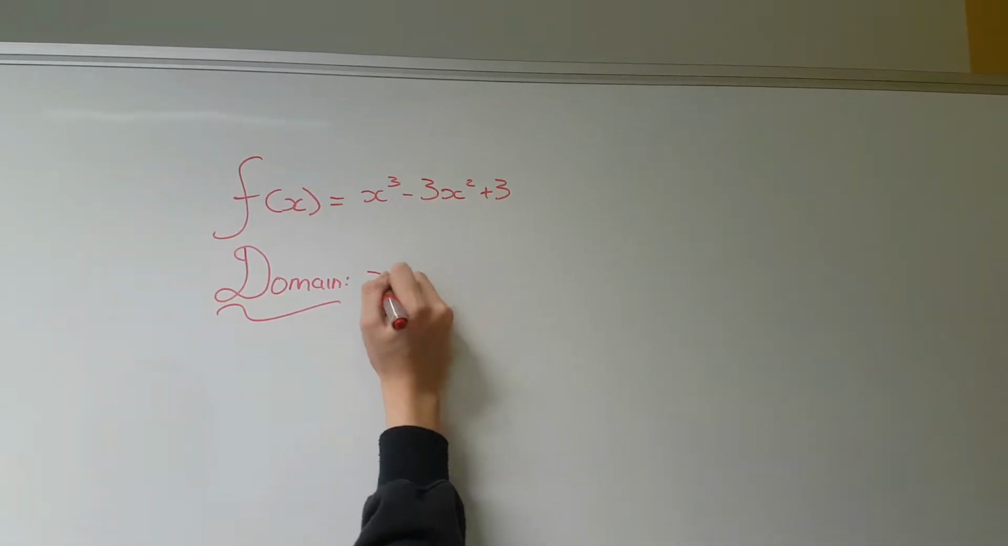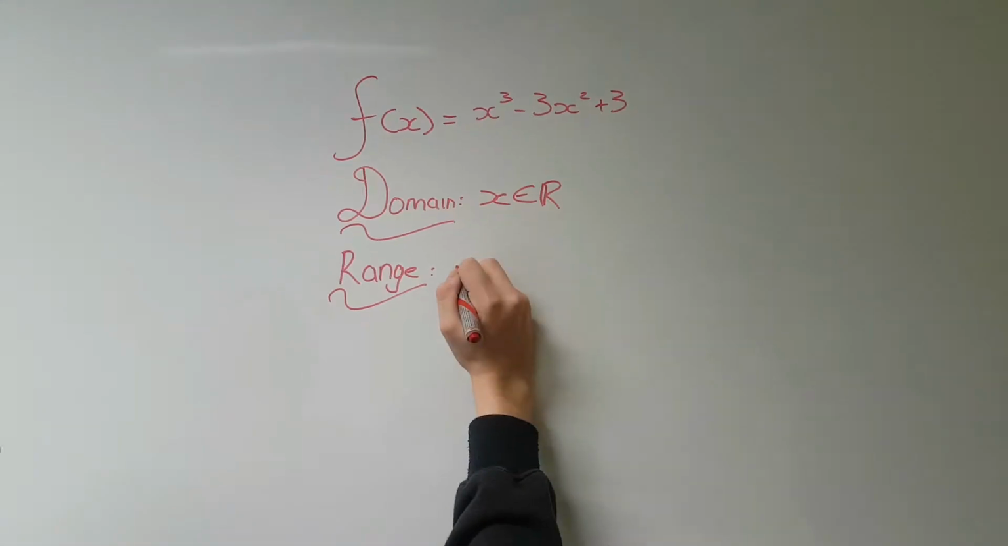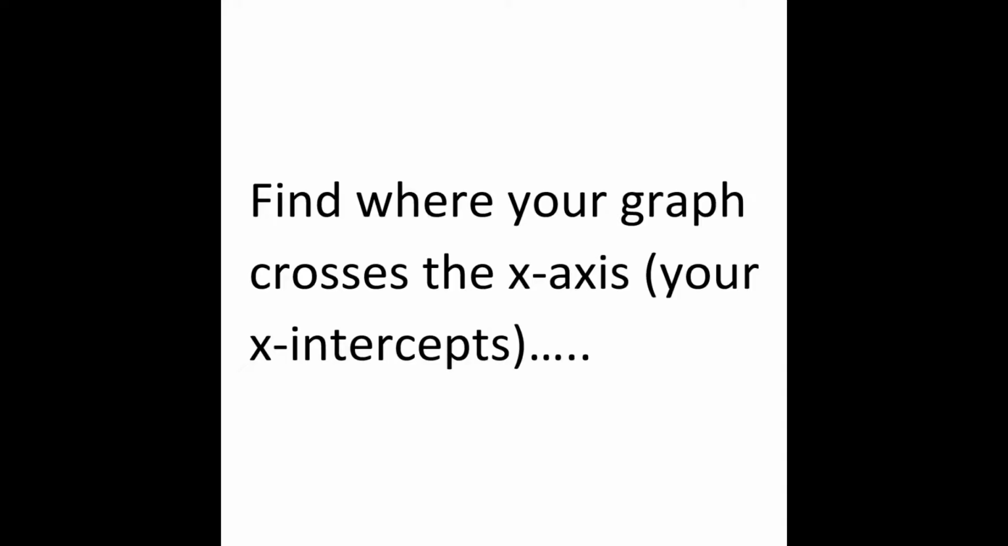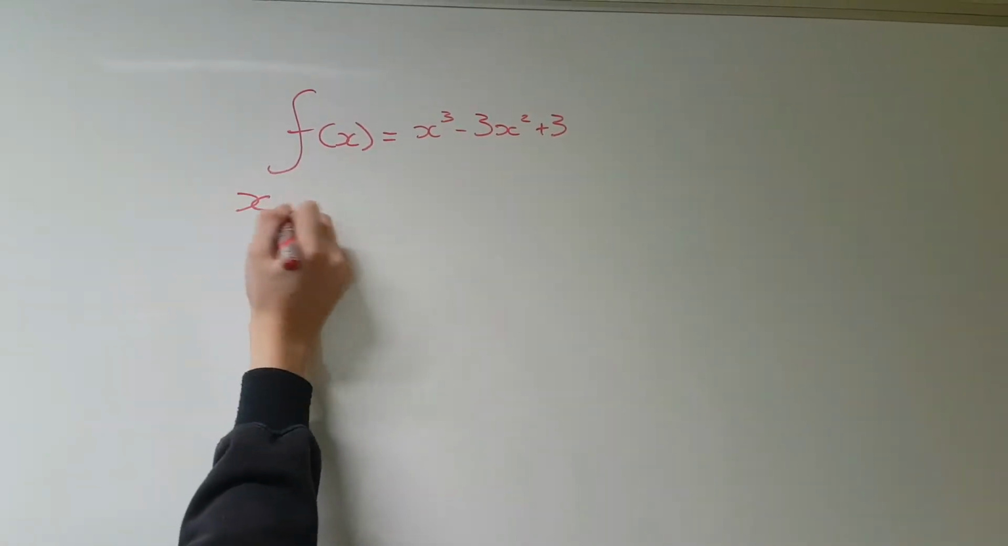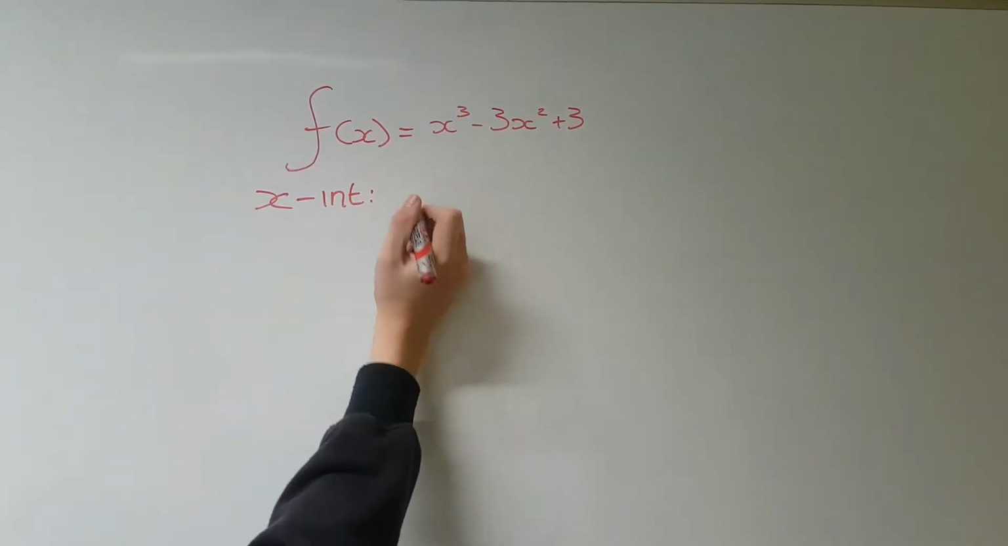For our domain, we know that x is an element of all real numbers, and our range y is an element of all real numbers. Find where your graph crosses the x-axis, i.e. your x-intercepts. Equating f of x to 0, we find that our x-intercepts are